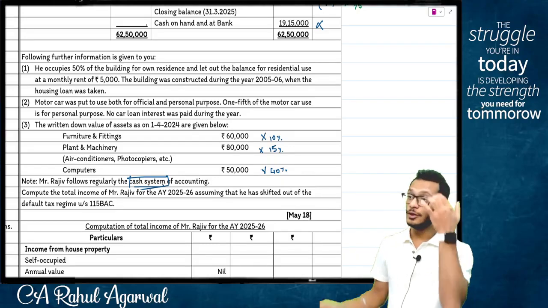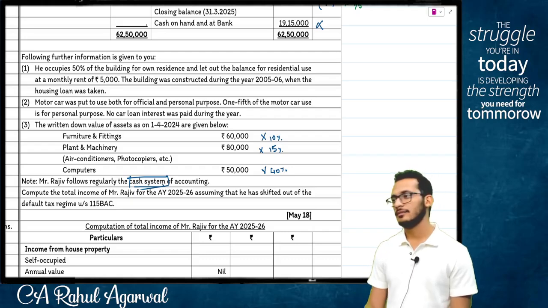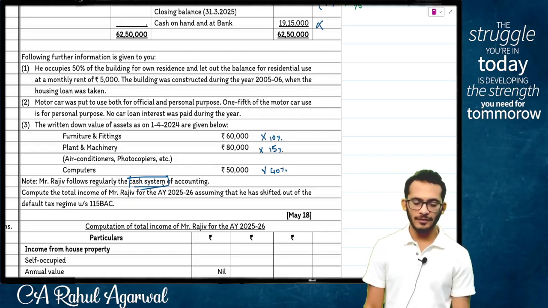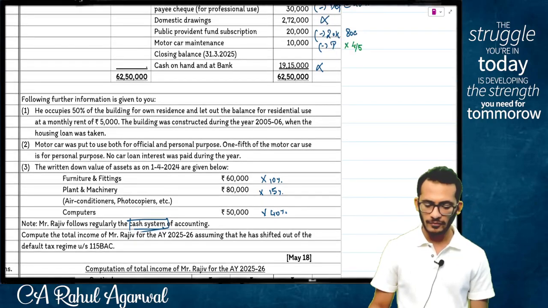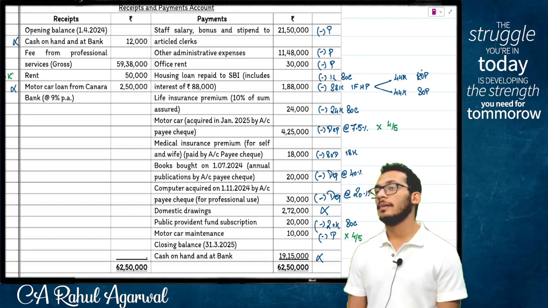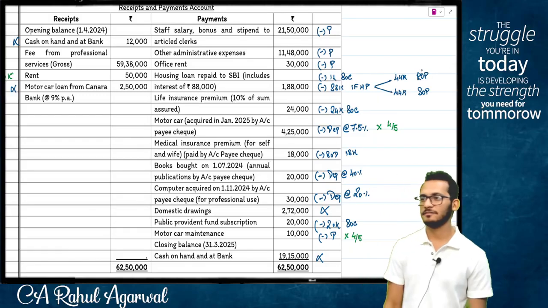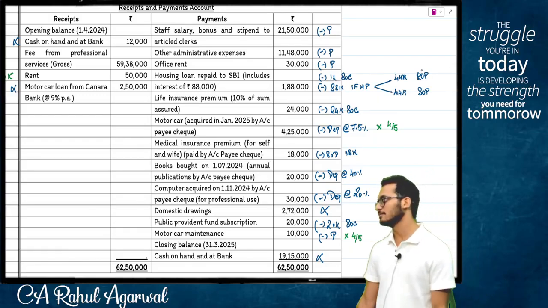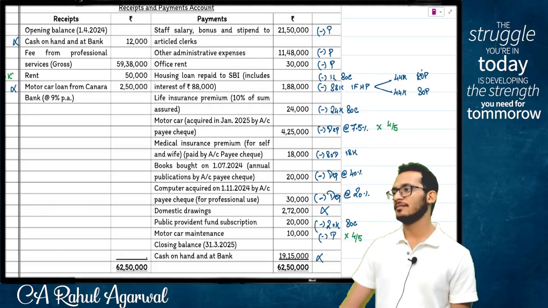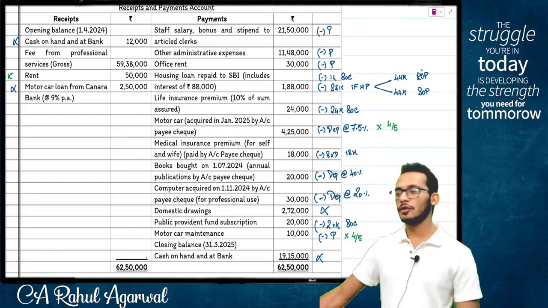This question was mercantile. You will book an expense only for 4 by 5, because part is for personal. Wrong. Completely wrong. If the question would have said that you are following accrual system of accounting, you would have booked an expense for